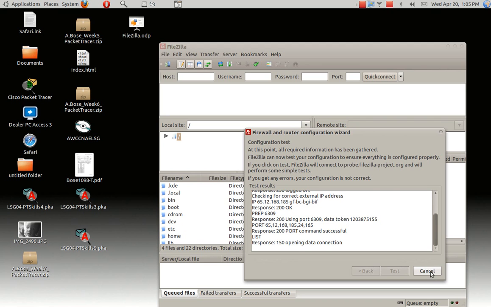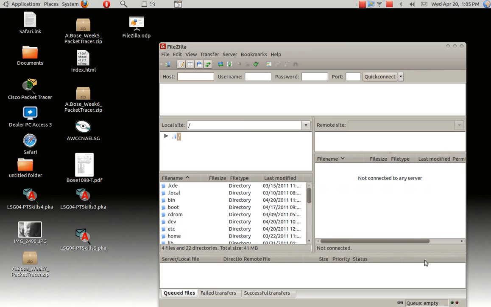But I'm going to go ahead and cancel this because we already have it set up. Now here, with the FileZilla 3.3.3 client, they have this new bar right here for quick connect, which is fairly simple. All you need is the IP address for your server, and you'll type your protocol here, which is ftp://